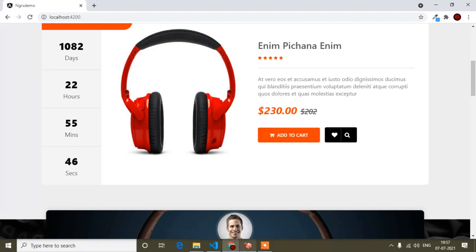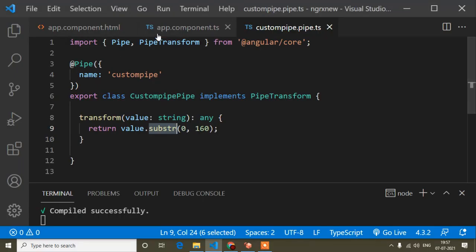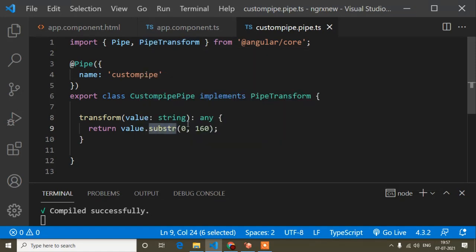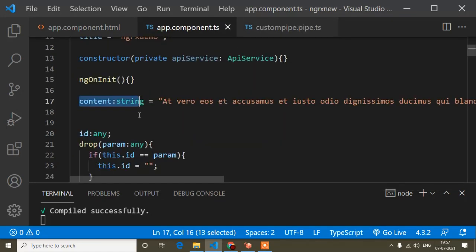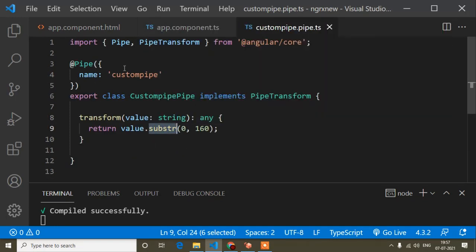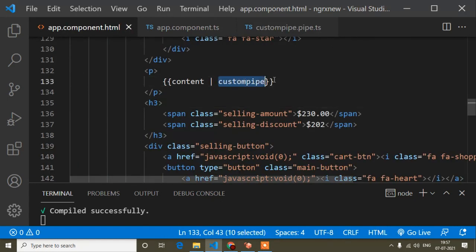So every ts file, like the app component ts file and your product details component ts file, you would have to write this substr method. But when I'm using this custom pipe, I just call the custom pipe name, like here. It is a very simple and easy way. So that time we can use a custom pipe. I hope your doubt is clear.